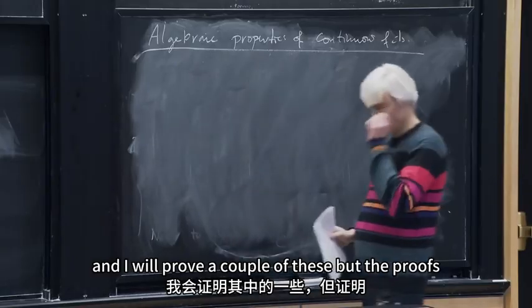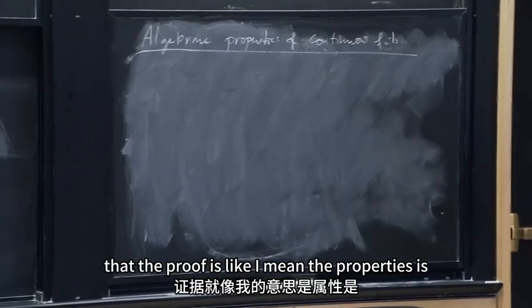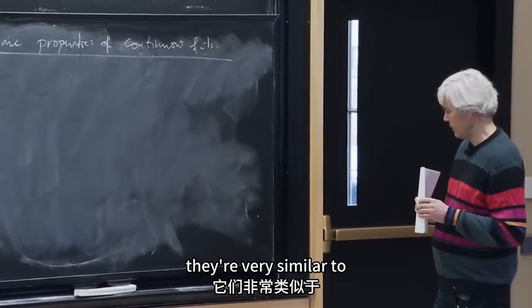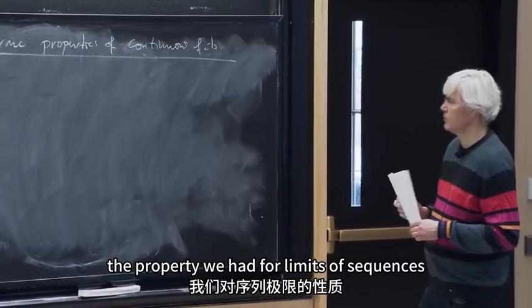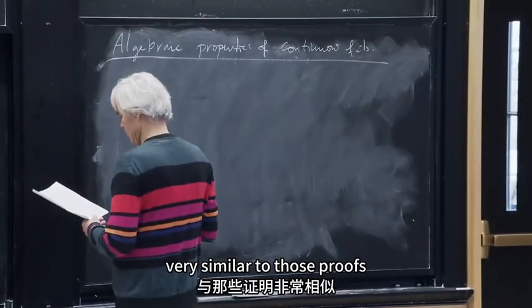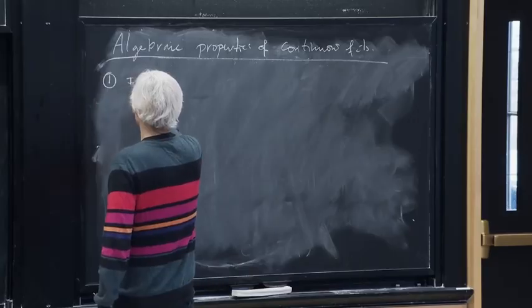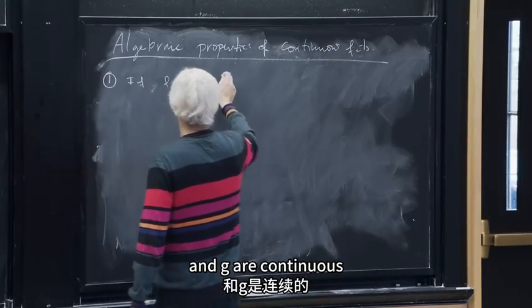But the proofs, you see in just a second, are very similar to the properties we had for limits of sequences, and there's good reason for that. The proofs are very similar to those proofs. So the first one is that if f and g are continuous,